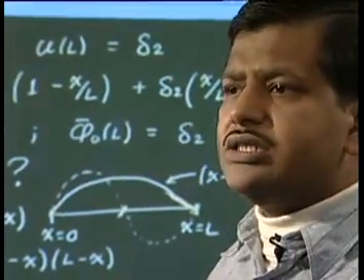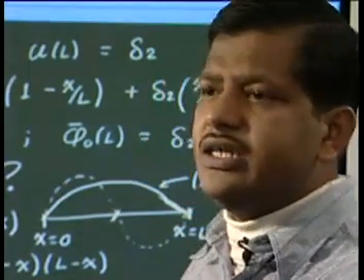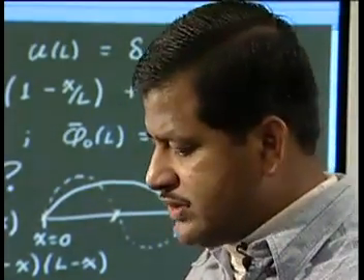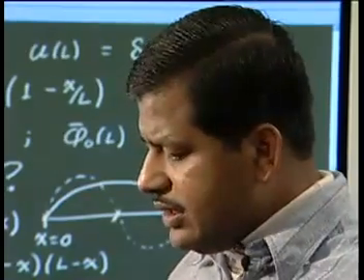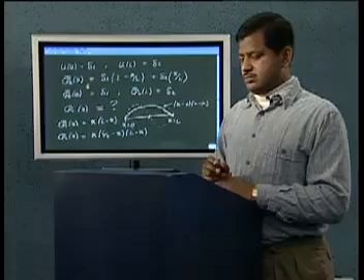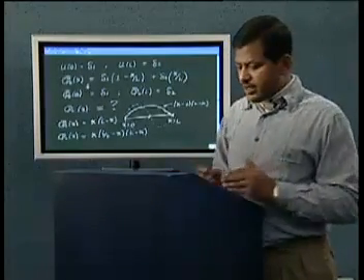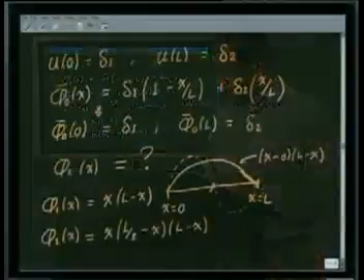I can keep on constructing these phi i's, which are functions of increasing order polynomials, by choosing appropriate points where they vanish. Once I have done this construction, I will put it back in my expression for un of x